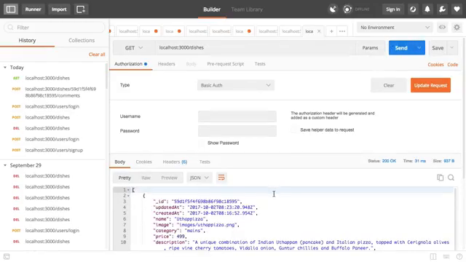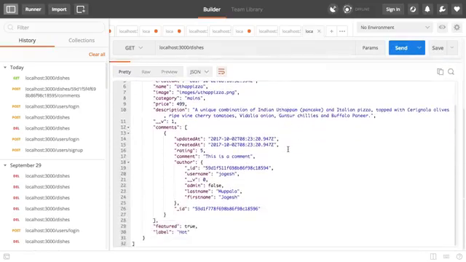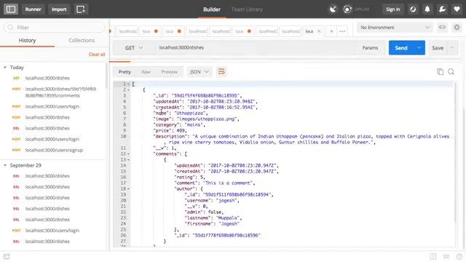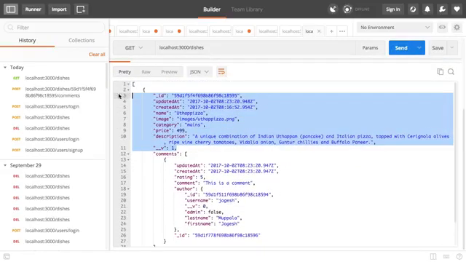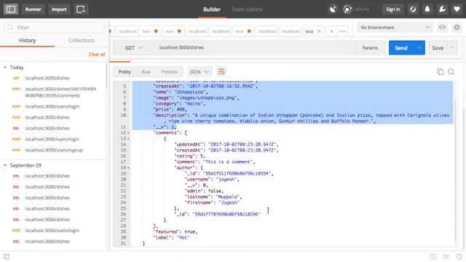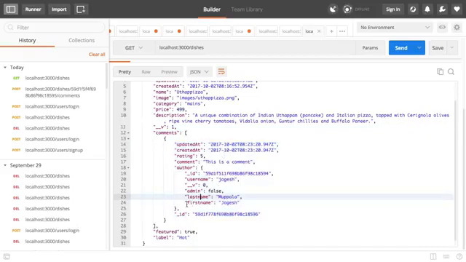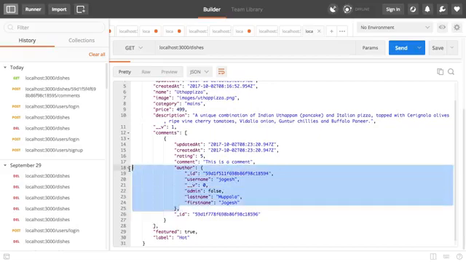When we now do a GET on this endpoint, you notice that in the dishes here, the information about the dish is already present, but note how the comment is now constructed. The comment now contains the rating and comment fields as we saw earlier, the updated and created at,